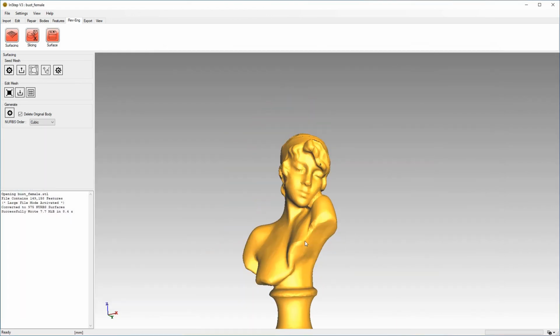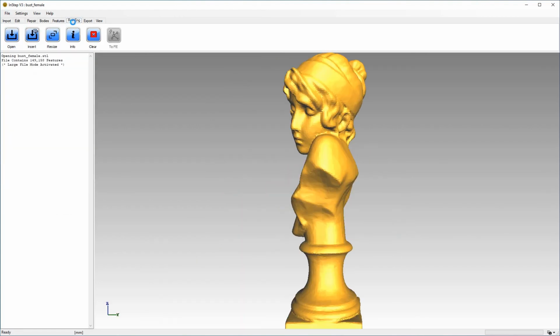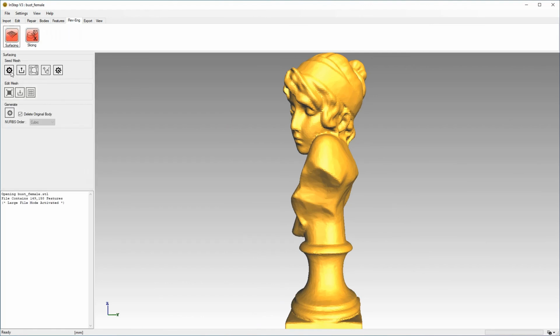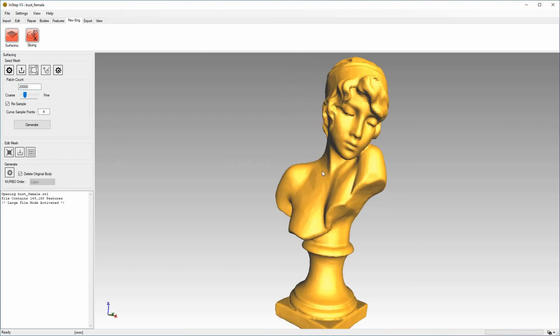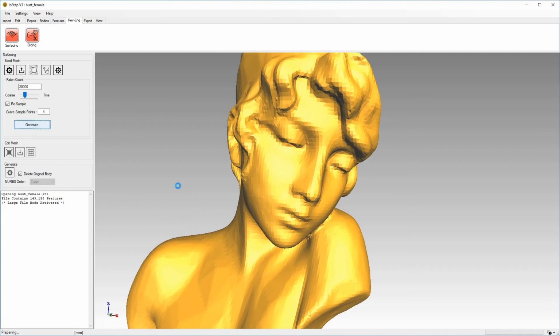Perhaps one thing to look at is if we set these values to high resolution. It is certainly possible to set these values to very high resolution. On the surfacing, we can always set this patch count higher. So for example, if you went with 20,000 patches, and keep in mind that the number of sample points should be relatively low, you don't want to go much above 5 or 6. About 10 is the highest the application can usually handle. If we leave this at 20, hit generate,